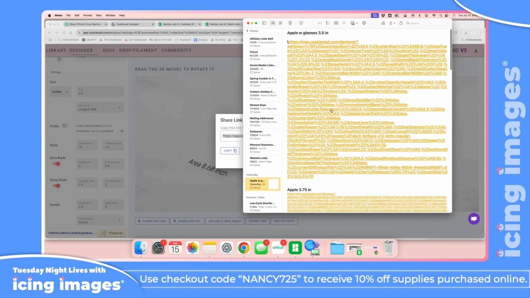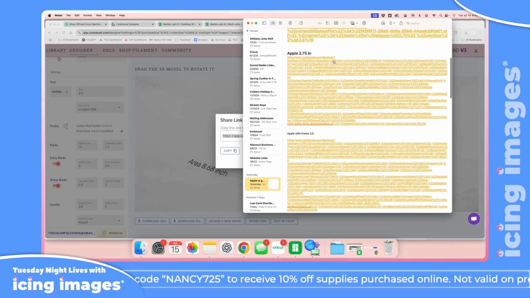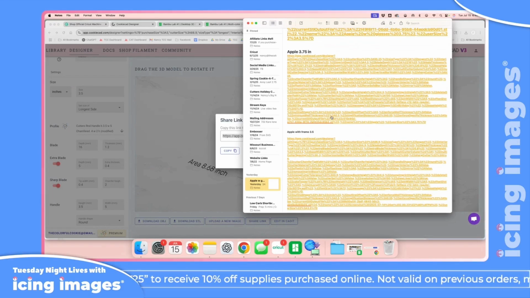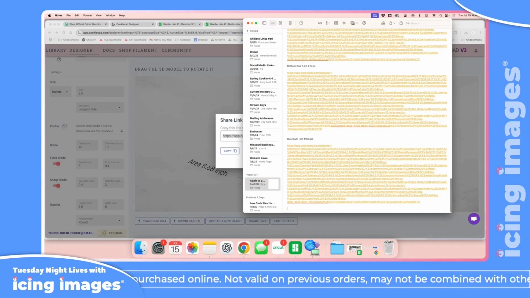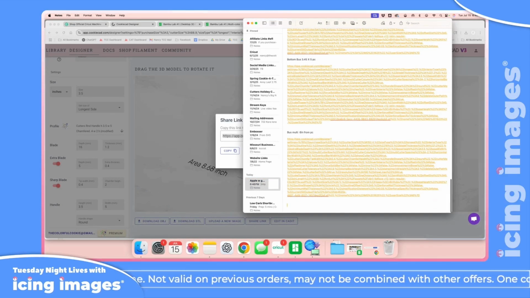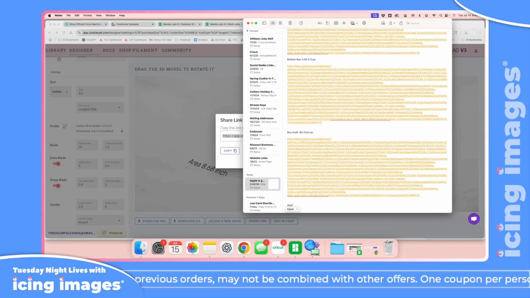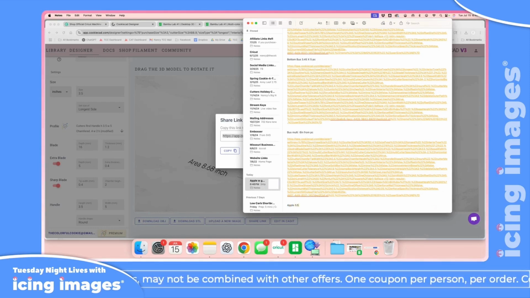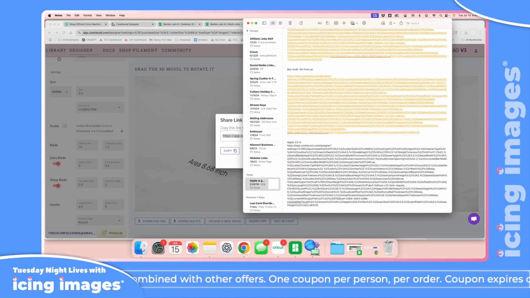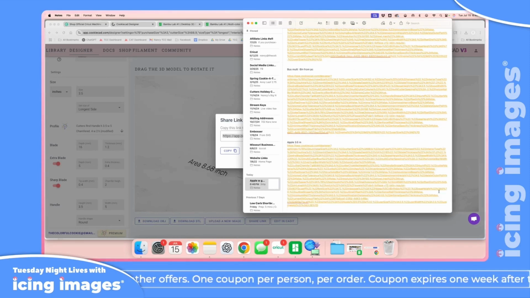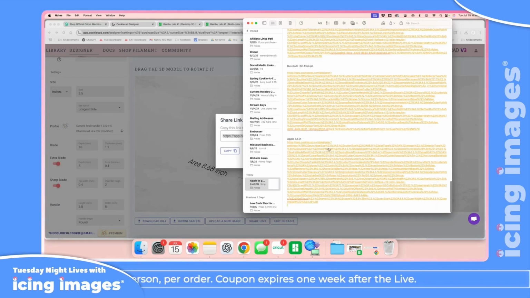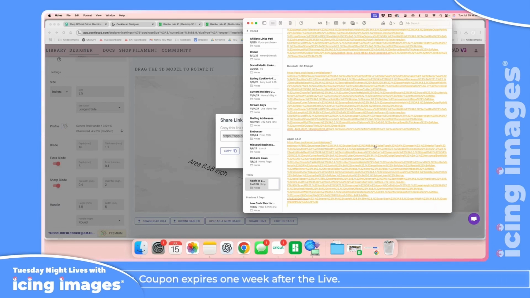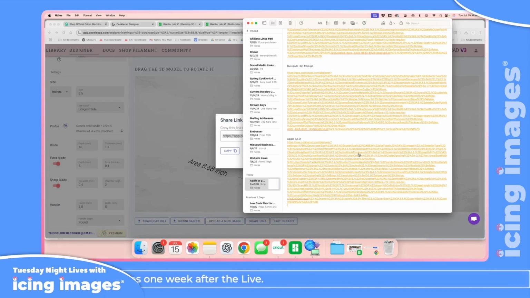So what Dawn is talking about is right here. When you share a link, let me go down here and paste it. It's a lot of text, but there's important information in that text. So I will save all kinds of cookie cutters in my notes, type what it is, paste it, hit enter, and this pops up. And if you pay attention and look at all this URL, it will tell you the